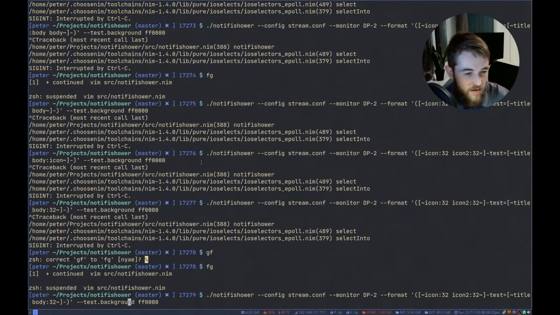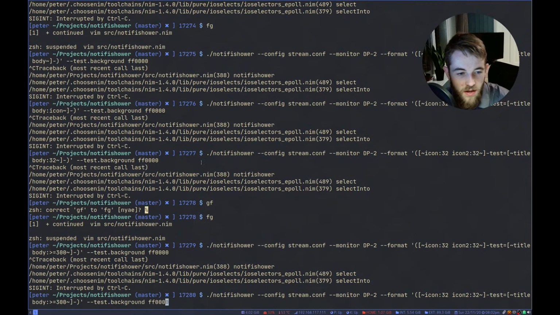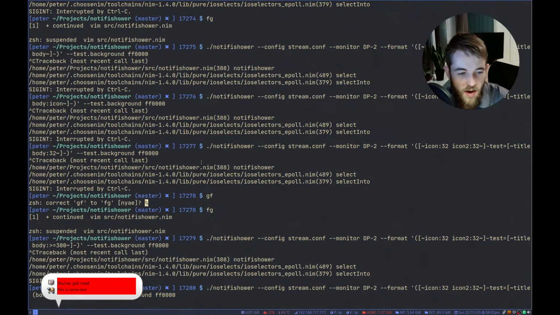But it doesn't really make much sense to say that. If I do something like this, oh right, that's in height. But if I add it to something like this, then it's wide.